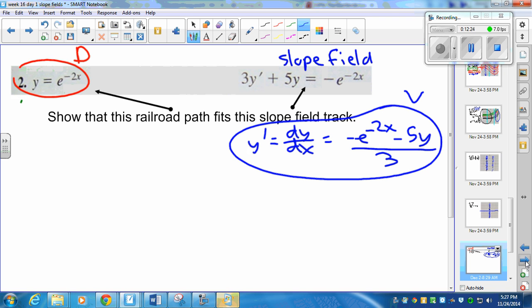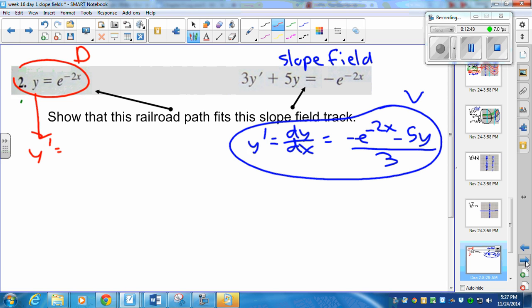Now this question does not ask for giving the ticks and drawing the graph. It doesn't say give me the actual path on those graphs. Nothing visual here. It's just saying show me that that red path would fit into that slope field. That's what it's saying. So the way you can check it is to say, all right, if that's y, then